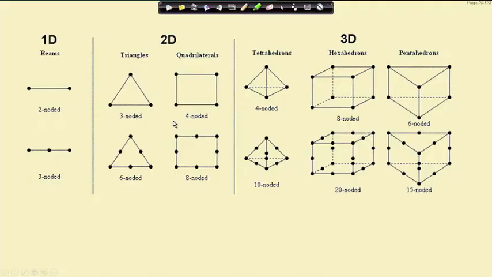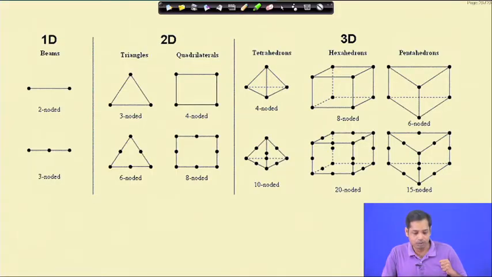We also discussed how to approximate these nodal variables through shape functions, and how to construct those shape functions depending on the number of nodes and the number of degrees of freedom you have. We also discussed the concept of convergence, that we can get to the actual results